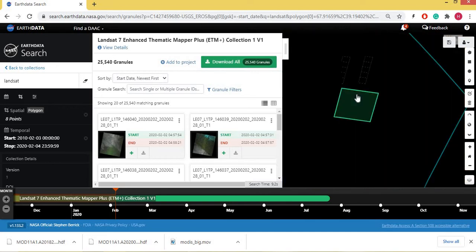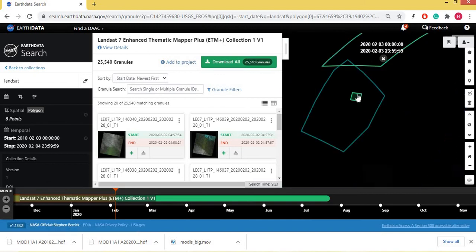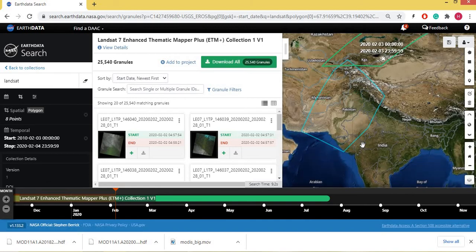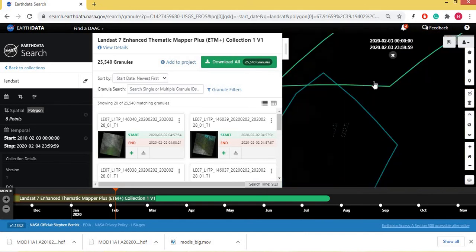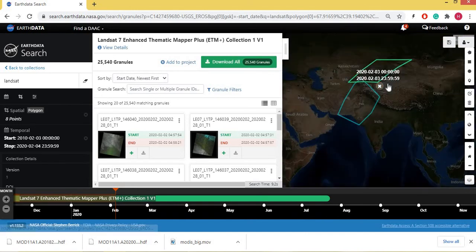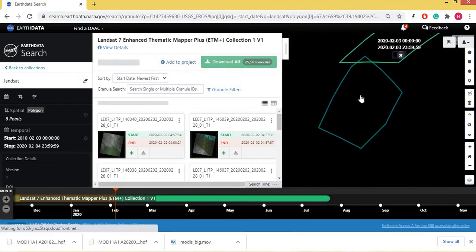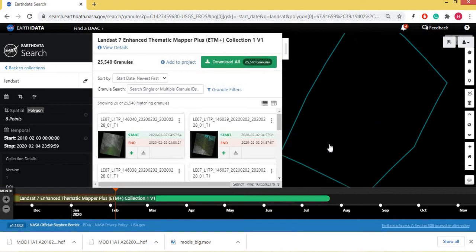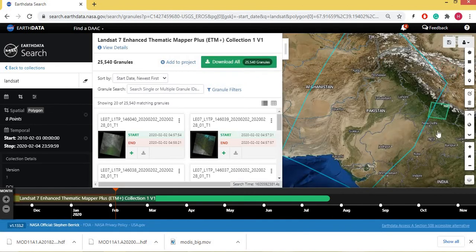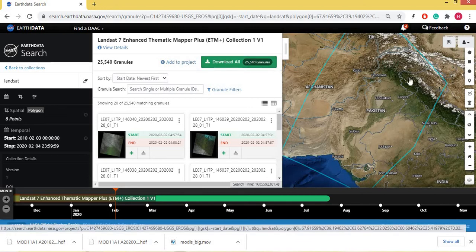So if we zoom into any area, for example, if we want to process the MODIS for this whole area, there were only 5 tiles. Now Landsat includes multiple tiles here, and a total of 25,540 images are there.